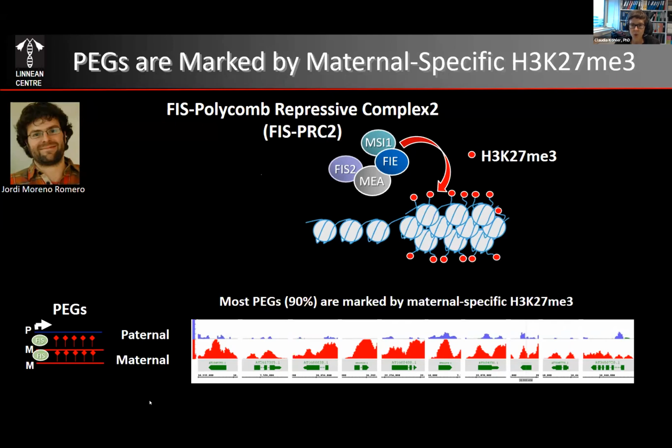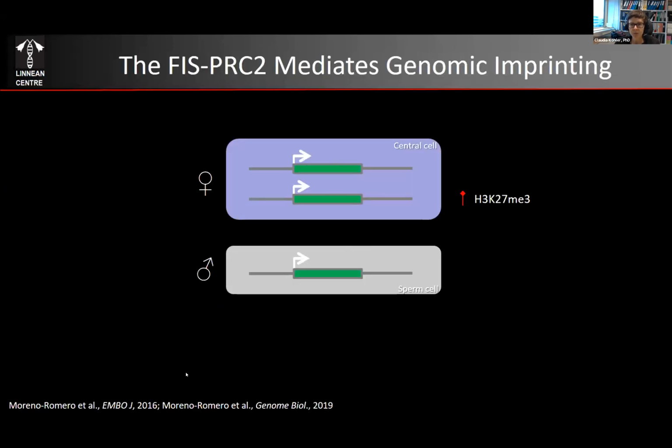And putting this into a model, how this comes about, what is likely happening is the FIS-PRC2 complex is, as I said, active in the central cell of the female gametophyte, so it will apply trimethylation marks specifically on the maternal alleles in the central cell, causing repression. PRC2 function is not present in sperm, and in fact what has been recently published by Fred Berger's group is that there is a specific histone variant present in sperm that cannot be targeted by PRC2 function, and with that the sperm genome will be devoid of K27 trimethylation, and with that the paternal genome has the potential to be activated